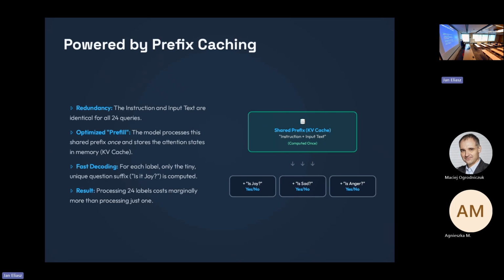We have a decoder-only large language model, and in such models there is something called the KV cache.